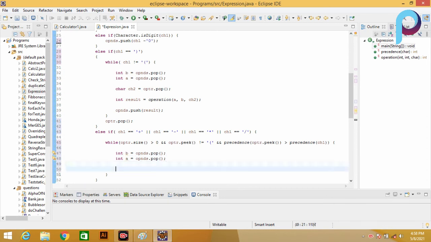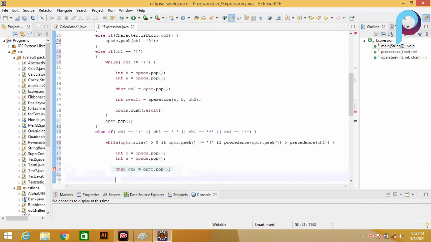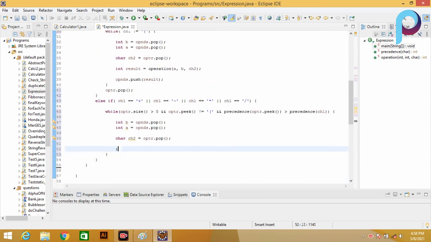Now character ch2 equal to optr.pop, same as we did above. Integer result equal to operation of A and B with character ch2.